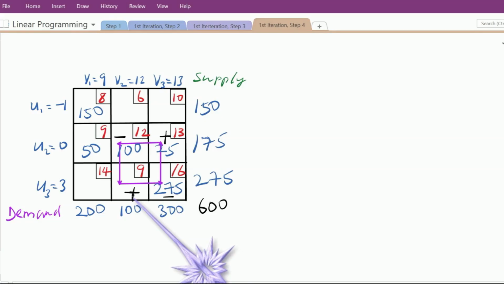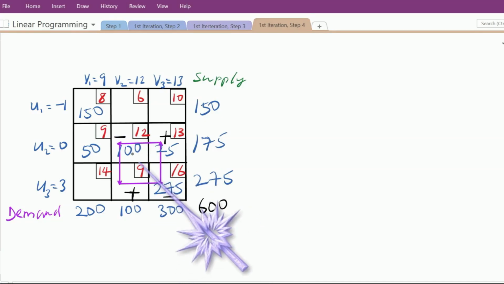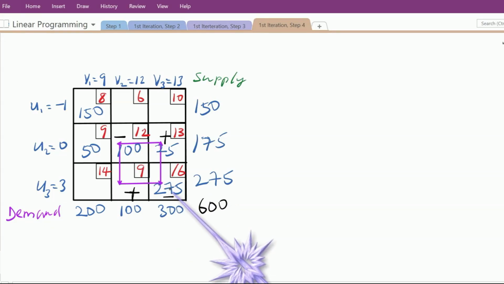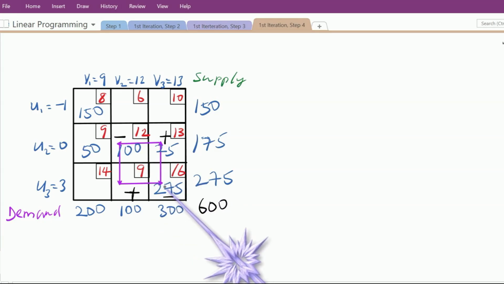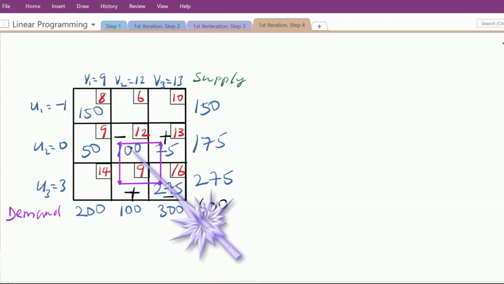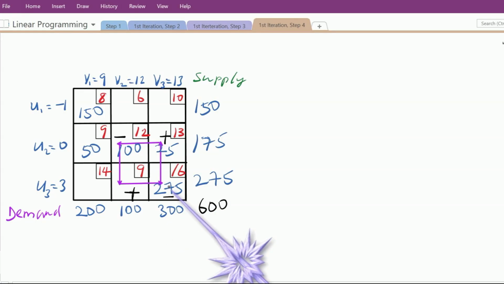The next thing is to ask, which of these diagonals are we going to subtract from? Here we have 100, here we have 275. Look at the diagonal that is having minus, this minus, this minus. Then you take the lesser value. Here is 275, here is 100. So this is what we're going to take. We take 100, we subtract 100 from here, subtract 100 from here,